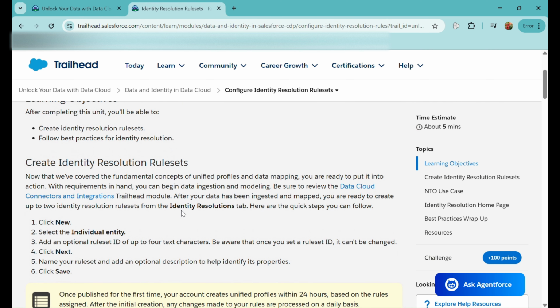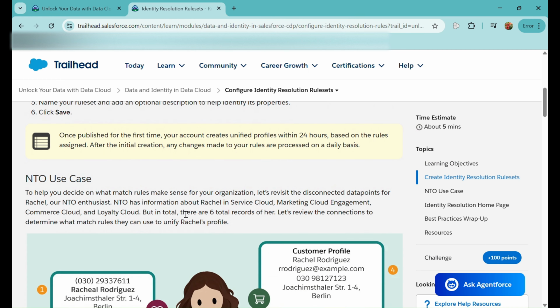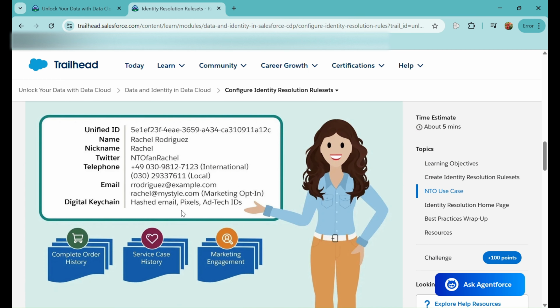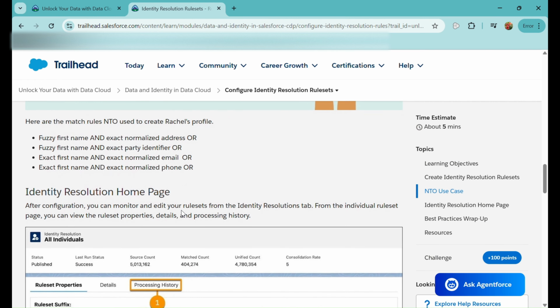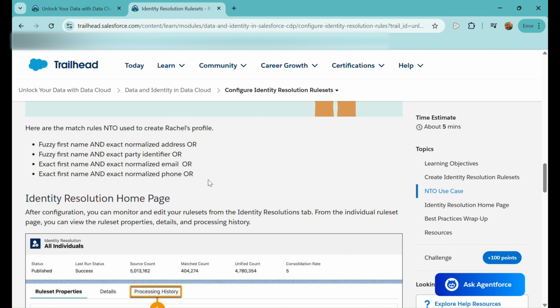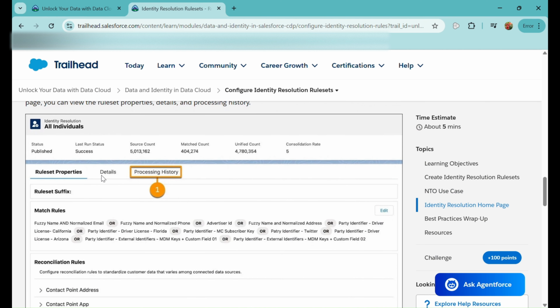There you will get an option to create the rule set ID, and then you can move forward to create it. It could look like this later on when you create, for example, fuzzy first name and exact normalized address. These are the criteria which NTO has chosen here, so you will also be creating it like this.